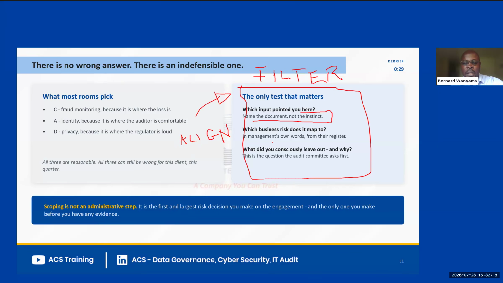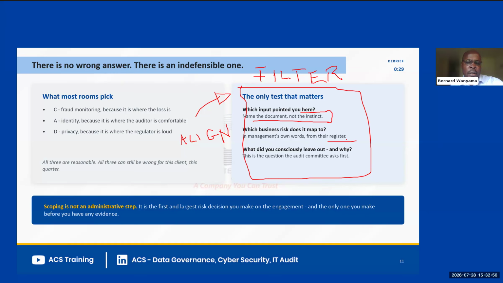What's the business risk that this is mapping to? And maybe this also forces us to go deeper and say, what does the business look like on a real analytical basis? Are we quoting things from the entire industry or from related businesses, or have we taken time to understand this particular business that we're going to audit and how it works and what their issues are, having seen the concerns that are documented or put to the front by management.